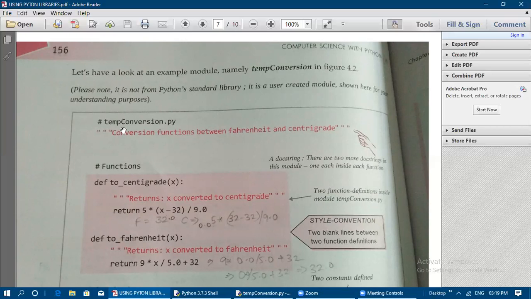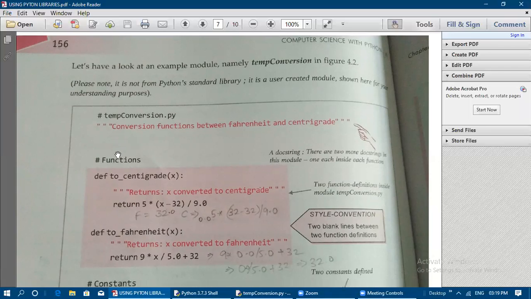We need to check the letter case when we are creating the file name, because when you use this module name, if you get the cases right, you won't get any error. So you need to type the file name correctly, and it needs to be used correctly in functions like the help command and dir command. This name should be used correctly, or when we are importing this module in other programs, the name of the module should be given correctly. Otherwise it will show an error.